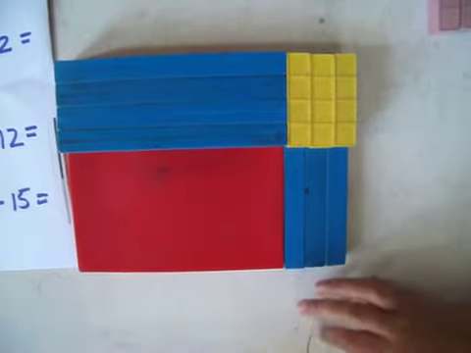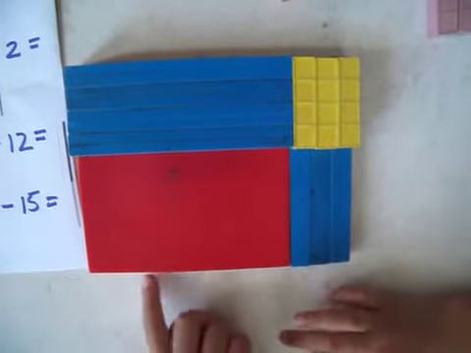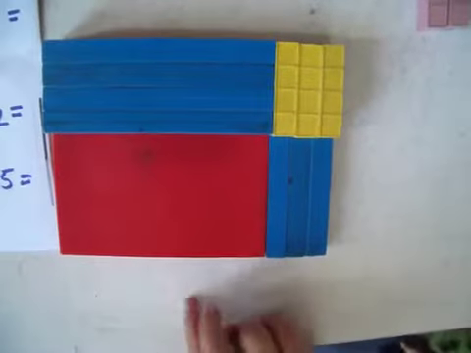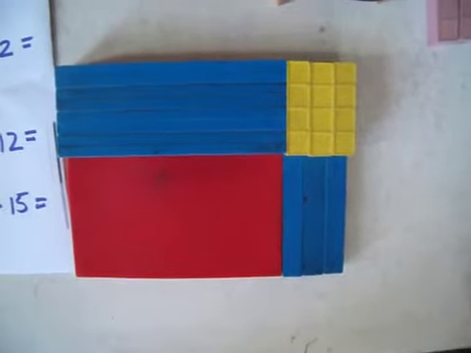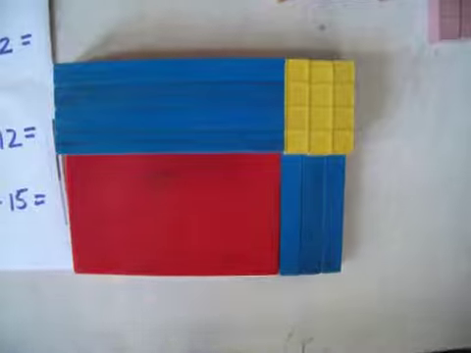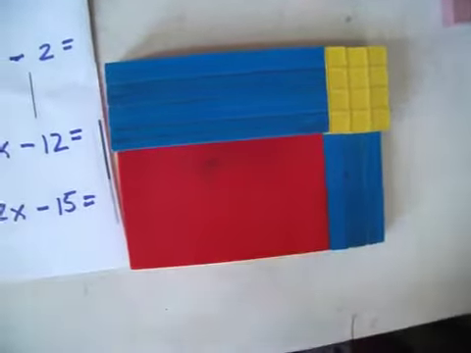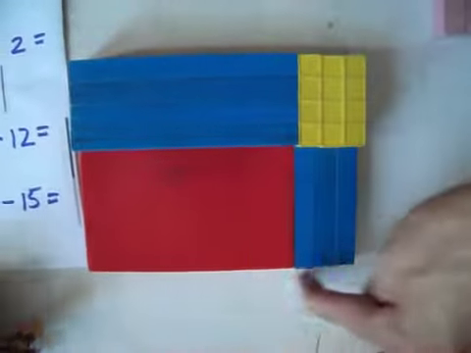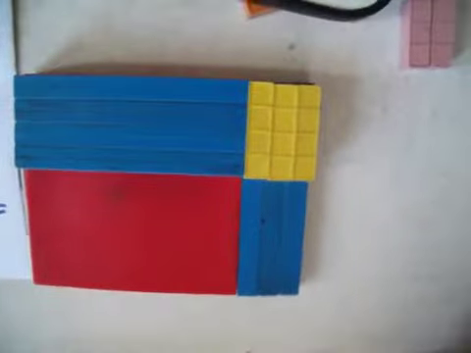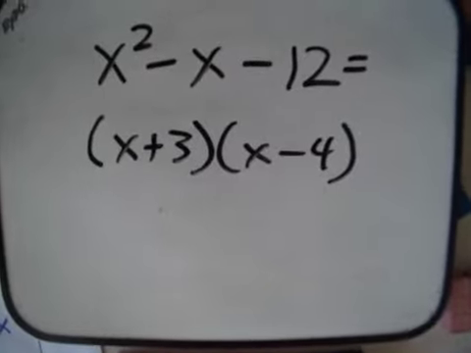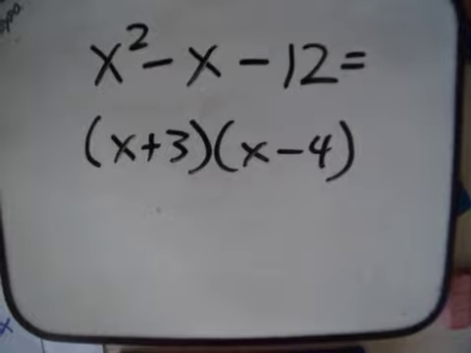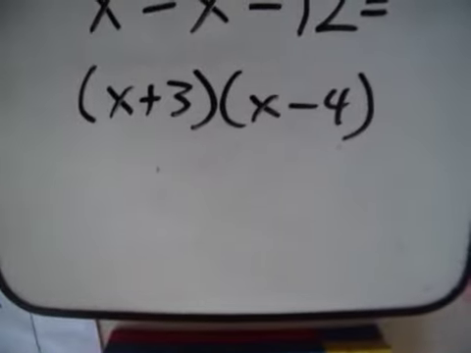Now comes the tricky part. Tell me the factors. Count it. X minus 4. Okay, count across first, always. X plus 3, X minus 4. Very good. It's getting easier, huh? You do more, right? So there it is, X squared minus X minus 12, and the answer is X plus